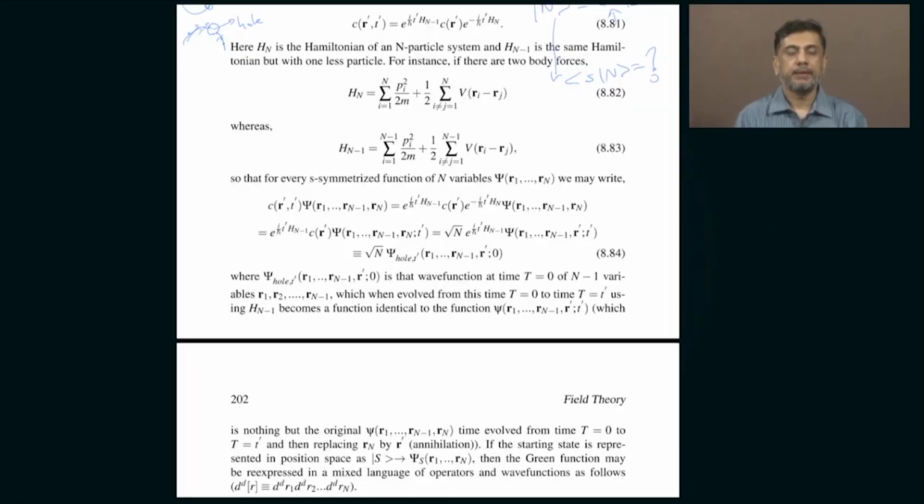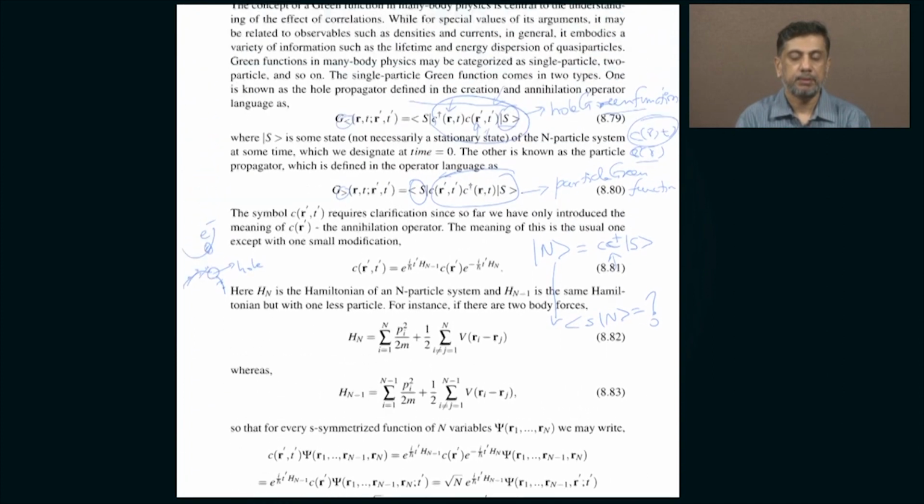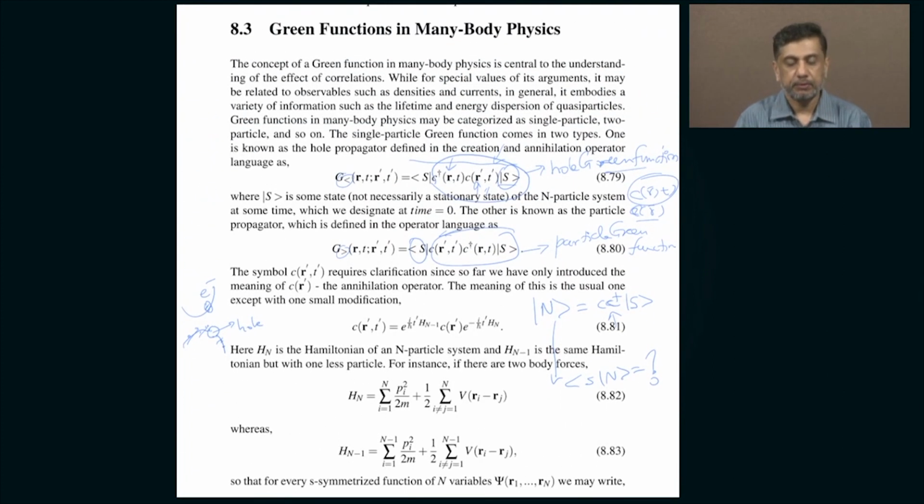Okay, so today let us continue our discussion of the definition of creation and annihilation operators in many body physics. Specifically, we want to utilize that to define what are called Green's functions. I already introduced to you the concepts of particle and hole Green's functions in the last class. But one thing I failed to do was I did not explain to you how to consider these operators